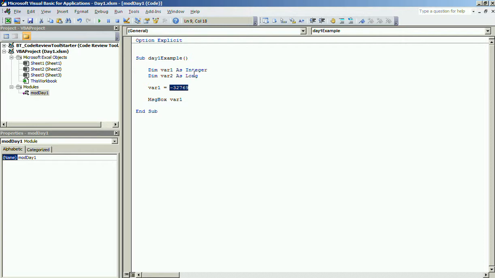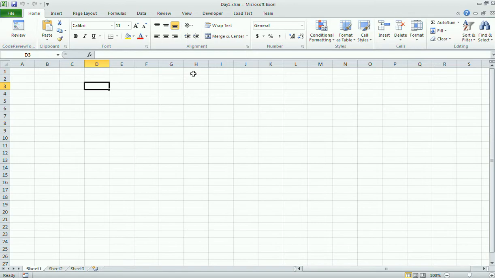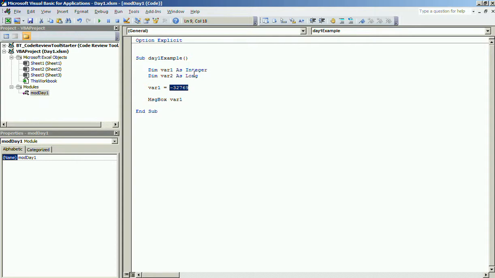Integer can hold only whole numbers, no decimal point numbers. So let us try to assign some decimal number to it. Now let us see what happens. See, what it has done is it has rounded off this figure. If I make it say 5.85, it should round it off to 6.